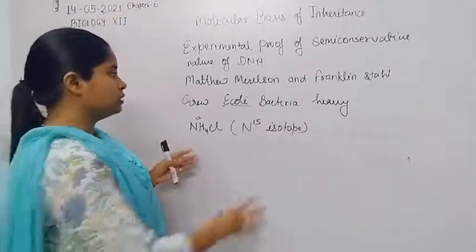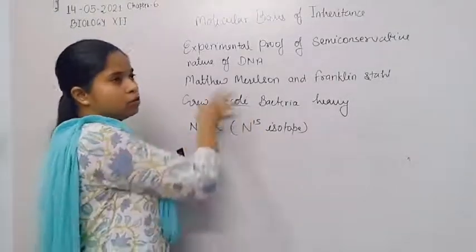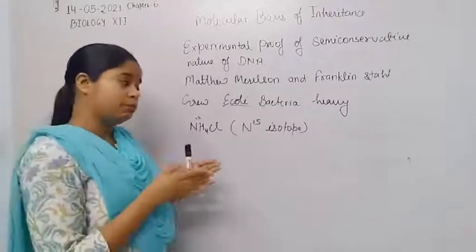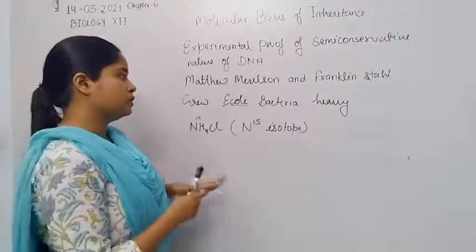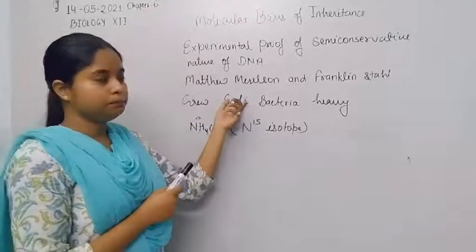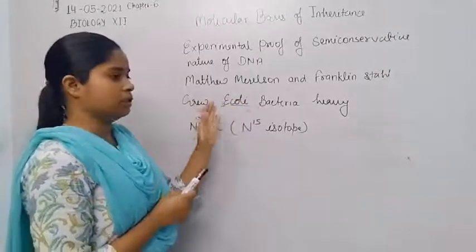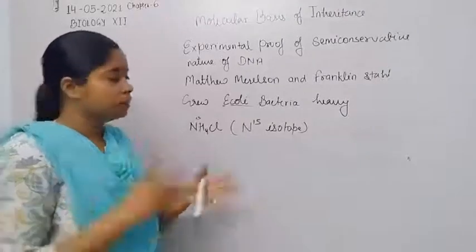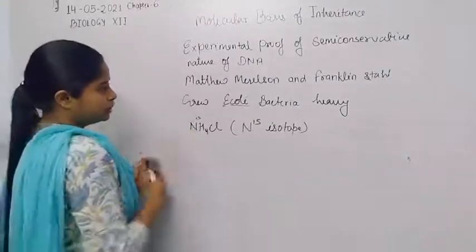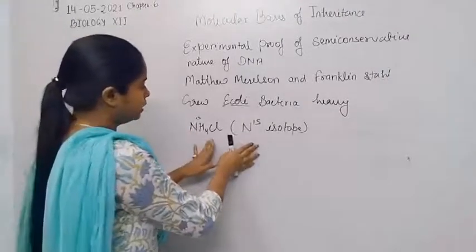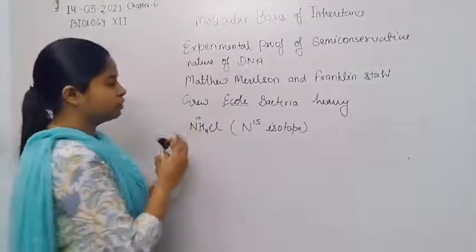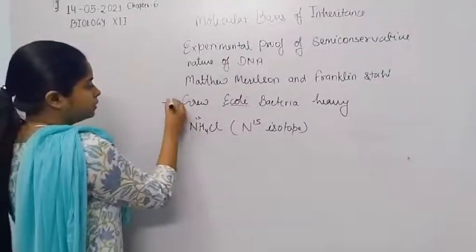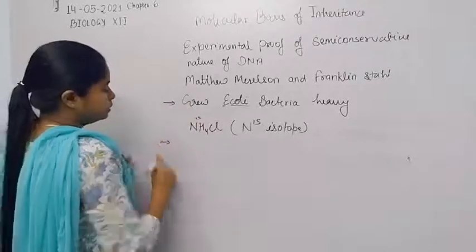The reproduction process takes place in E. coli every 20 minutes. So after every 20 minutes they just double or multiply. So the replication, when they grew in the heavy ammonium chloride, and then in the second step they